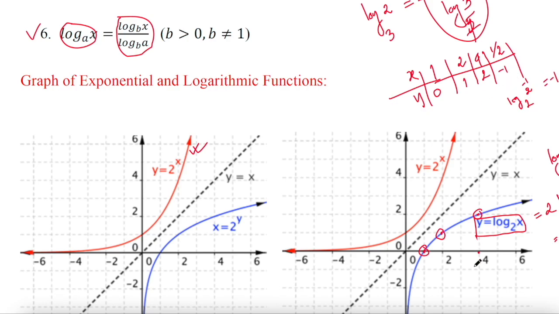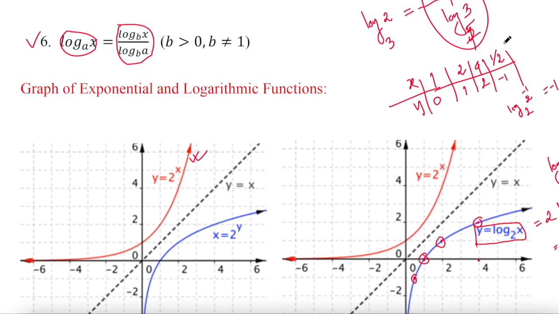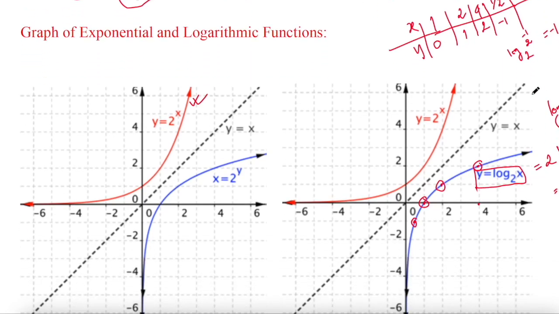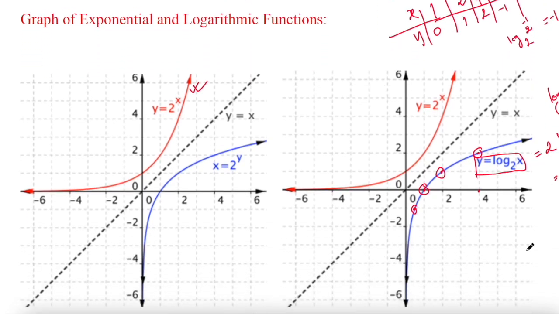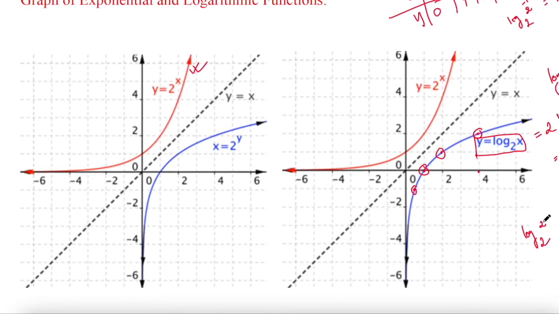So when x equal to half, y will be negative 1, this point. And when x equal to 1 by 4, y will be log of 1 by 4, which is 2 to the power minus 2. So the answer is minus 2, and which is this point,